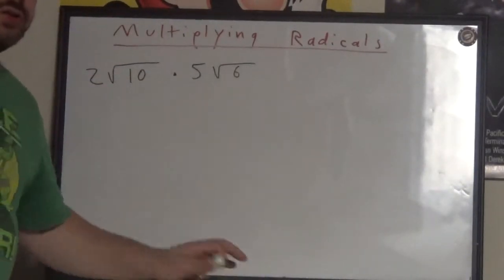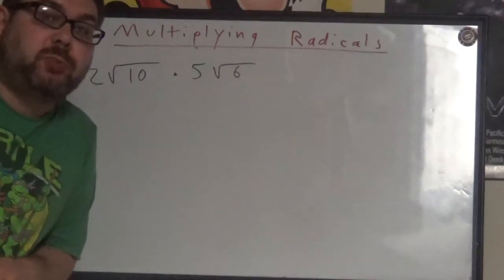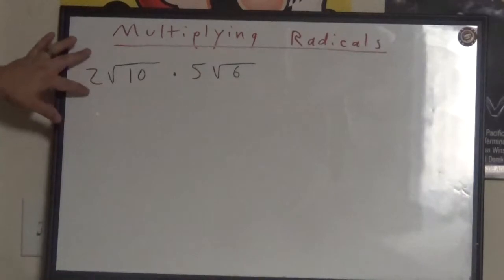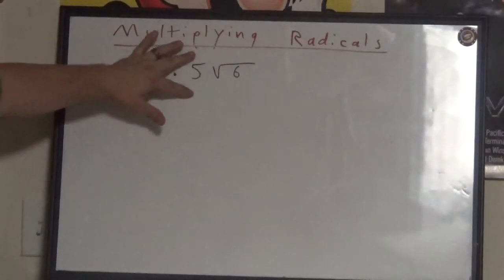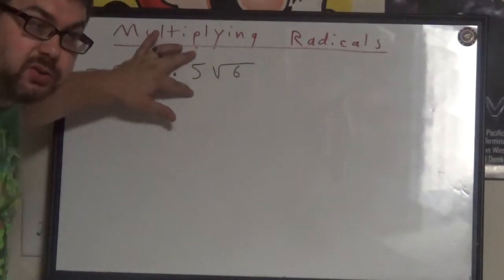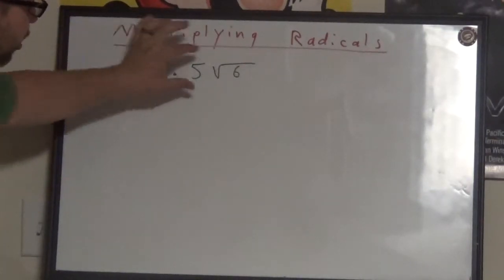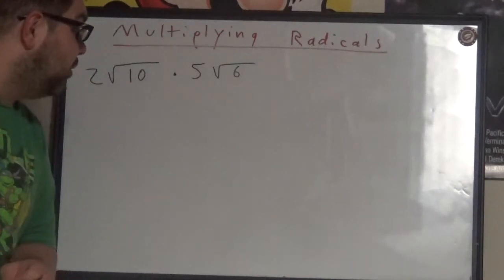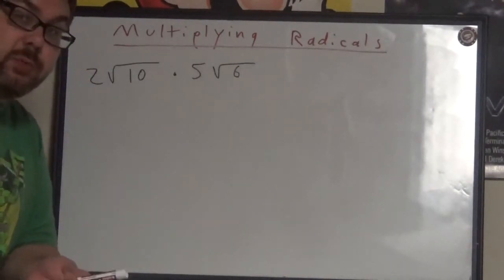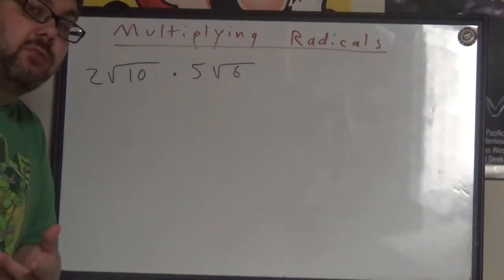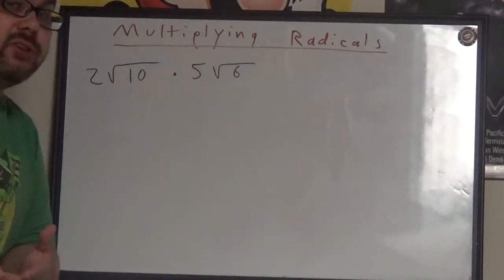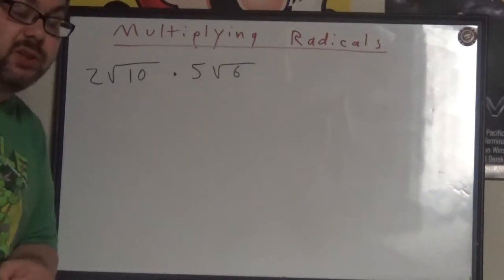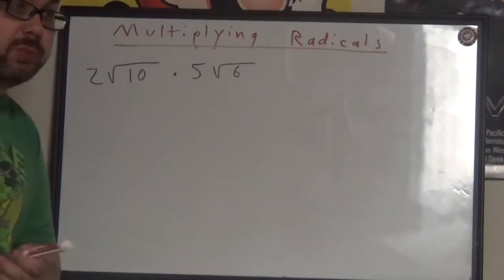So, when we're talking about multiplying radicals, we're talking about multiplying some combination of numbers. Usually you have numbers not in a square root, along with numbers which are in a square root, and they're all being multiplied together. So doing this, it's simple multiplication with one extra concept, and that is simplifying the square roots in addition to just multiplying. So